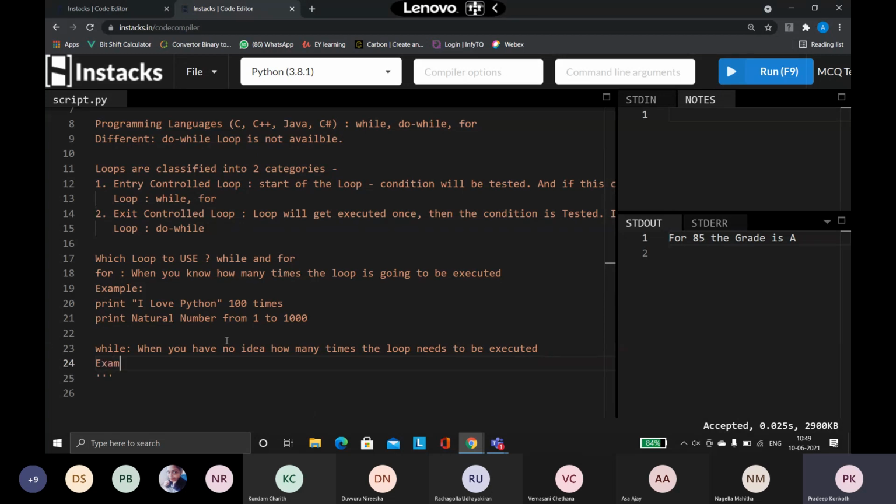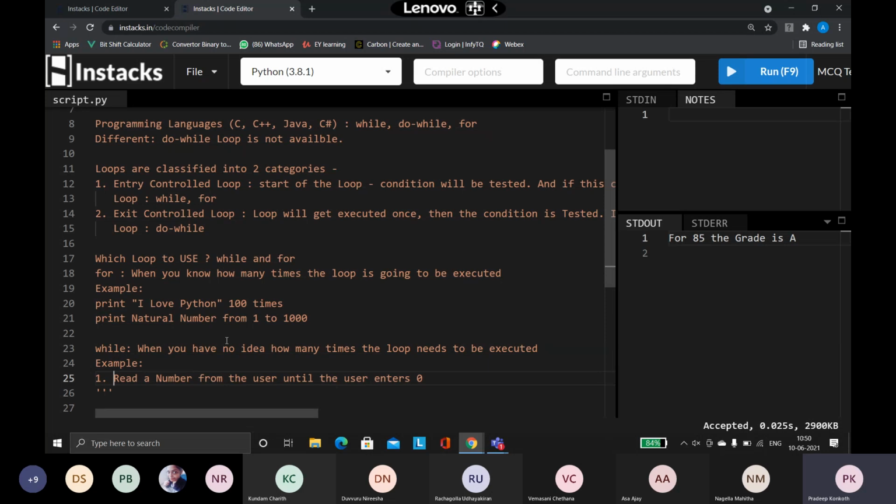Say for example, my program says: read a number from the user, until the user gives 0. This is my program. What does the program say? Read a number from the user, that is, ask the user to enter a number.